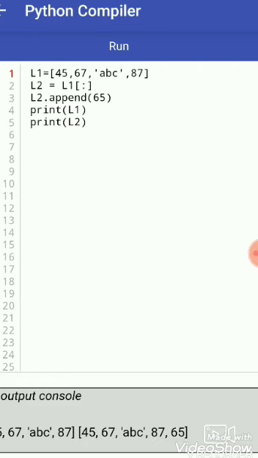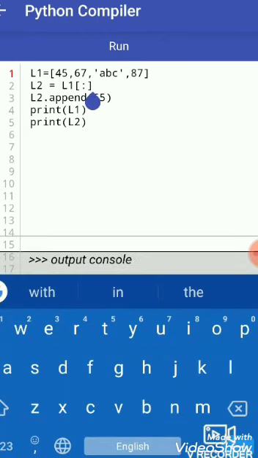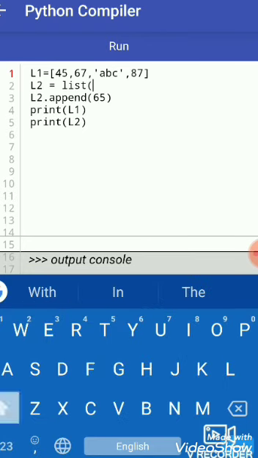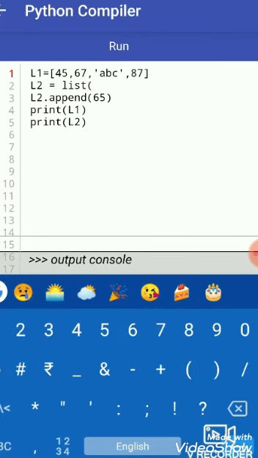After slicing, the next method is the list function. By using the list function, L2 equals, meaning new list equals list, and inside the function we write the name of our old list.